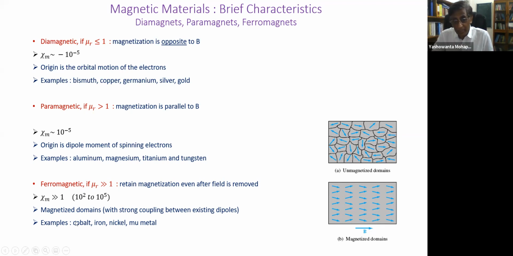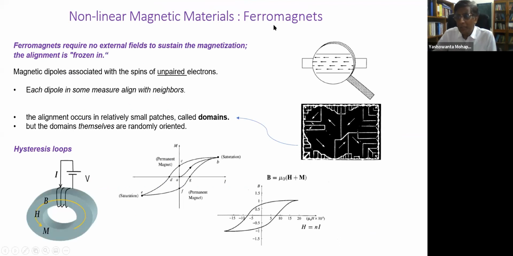Okay, so examples, of course, the three most important magnetic materials: cobalt, iron, nickel, and there are many alloys. I've just given an example of mu metal. This is just for your being familiar with at least magnetic materials on a name-calling basis. In nonlinear magnetic materials, in this course, we are not teaching nonlinear magnetic materials. But just to make it complete, I would like to mention that ferromagnets require no external fields to